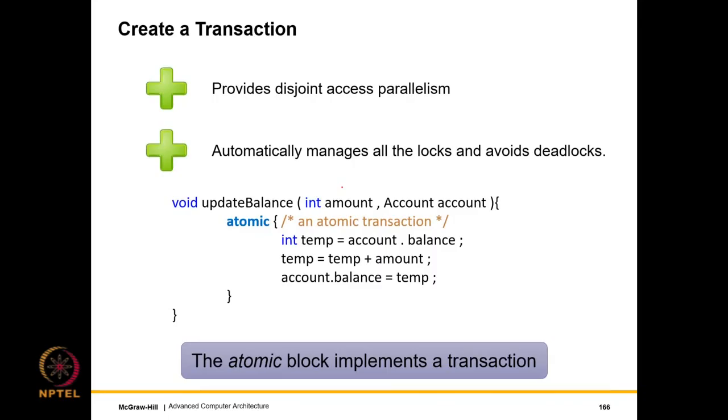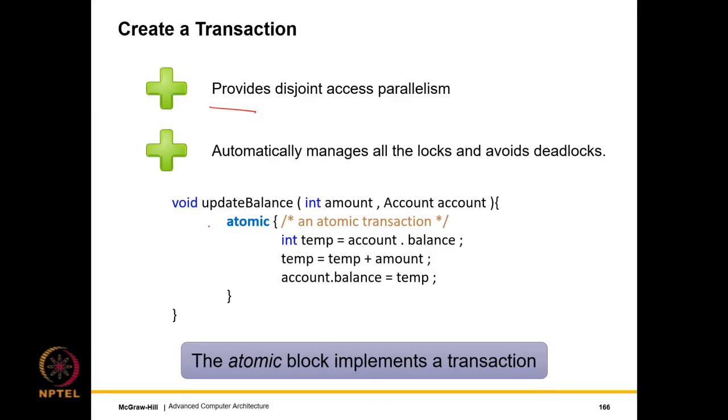So this is where the modern paradigm of transactional memory comes into play. It's not really that modern. It was introduced roughly in the 2010 time frame. After that, there has been a lot of work. But fortunately, now we have a lot of sophisticated hardware and software solutions that implement transactional memory. So the two great plus points of transactional memory are that they provide disjoint access parallelism. They automatically manage the issue of locks and deadlocks and everything. So this entire lock and synchronization business is managed by transactional memory.